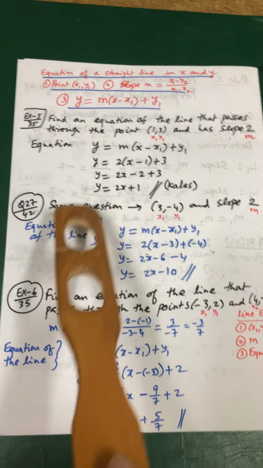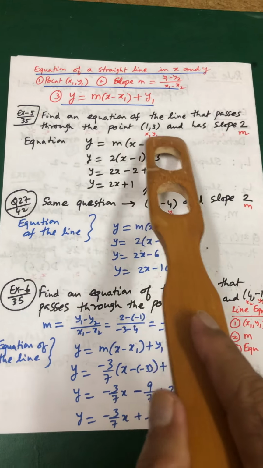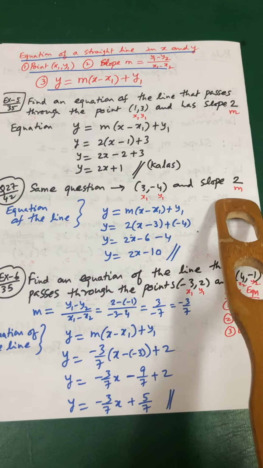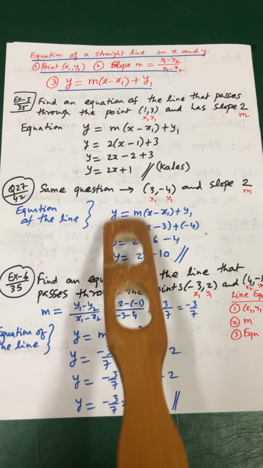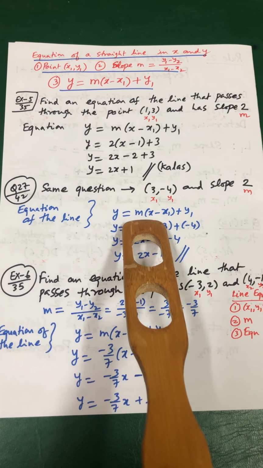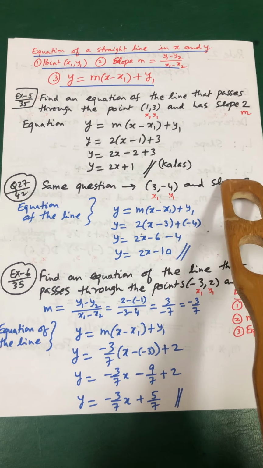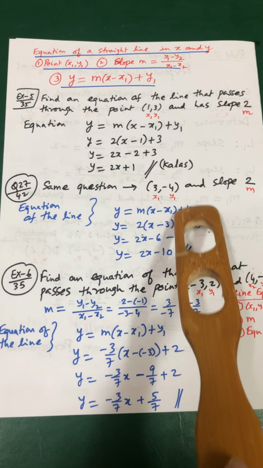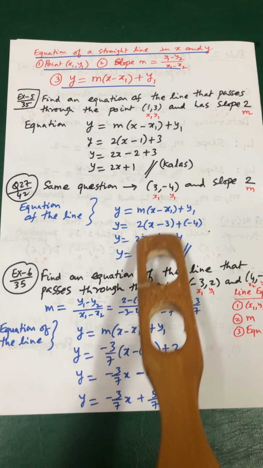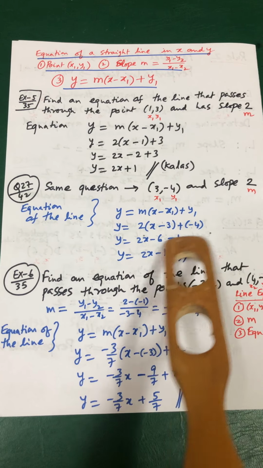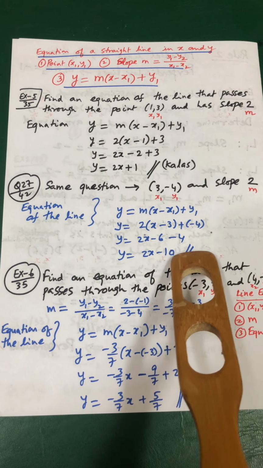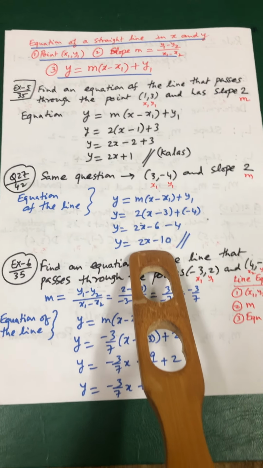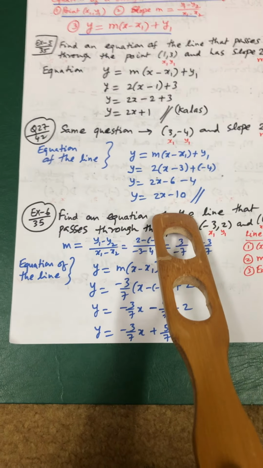Let us do the same question. Passing through the point (3, minus 4), and the slope is 2, the same slope. So for the equation of the line, write the formula. y is equal to m multiply (x minus x1) plus y1. m is equal to 2, write 2 here. x minus x1, which is 3, so I wrote 3, plus y1 which is minus 4. So multiply: y is equal to 2x, 2 multiply 3 is 6, minus 6 minus 4. So total it will be minus 10. So remember, in the equation of a line, x and y will come as they are, they will not change.